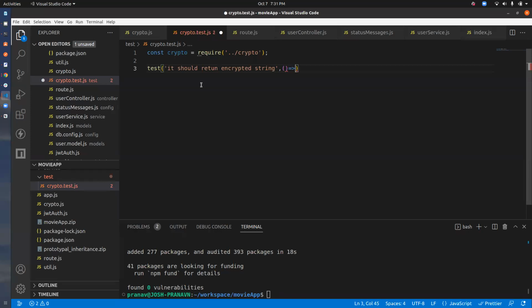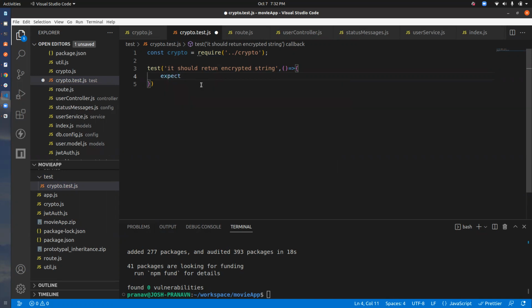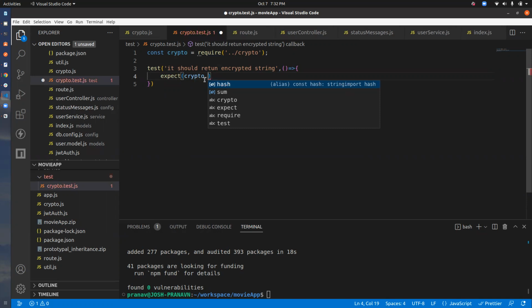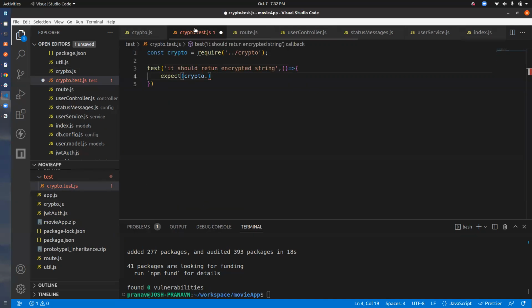Here we will be passing our callback function. As we just saw, we will be using the inbuilt function called expect. Expect what to be what. So expect crypto dot, what are we returning? Hash, right? Yeah, correct. So expect crypto hash dot to be,